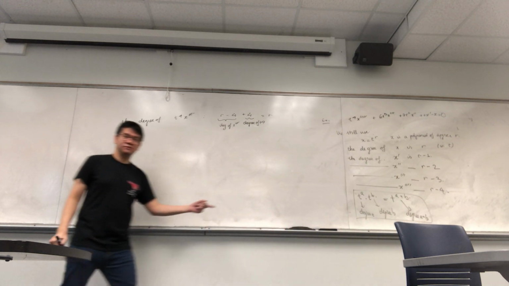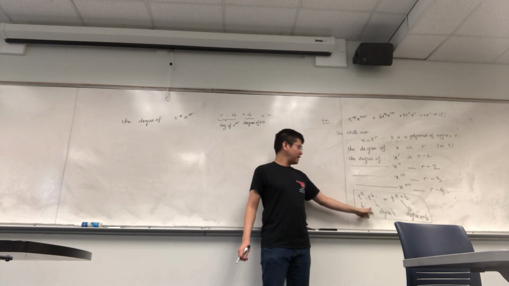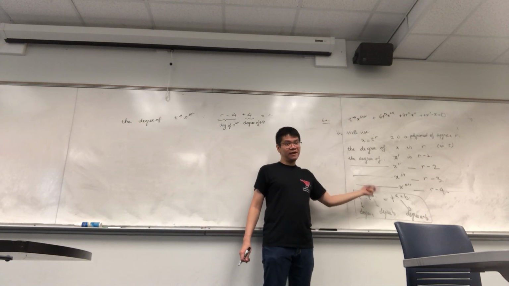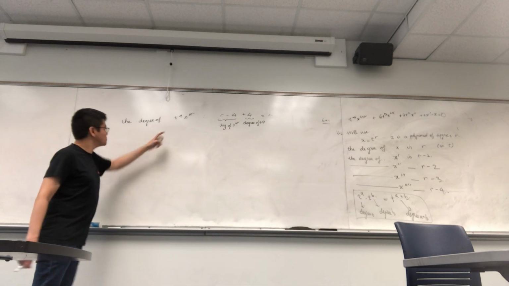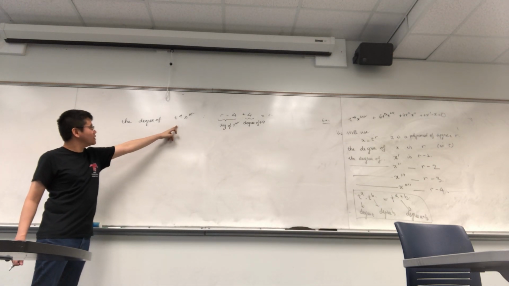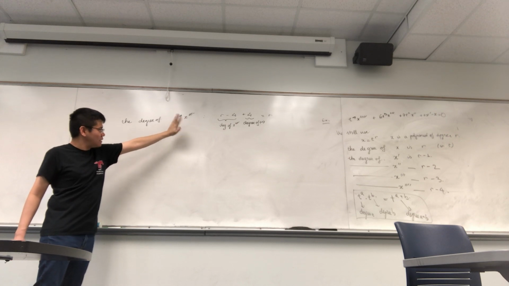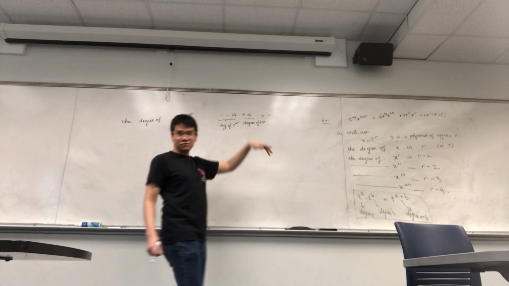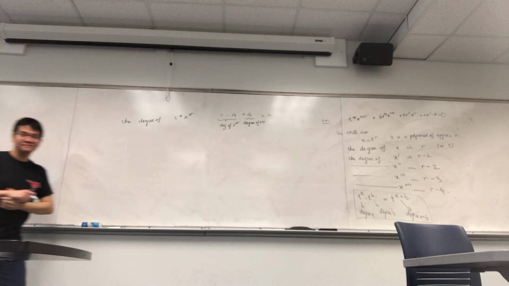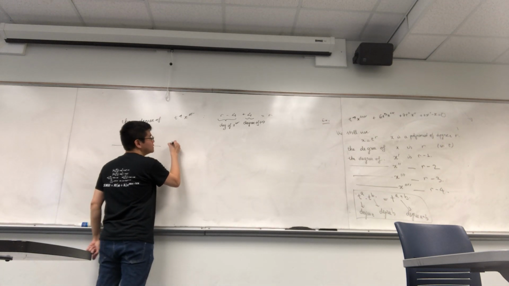So you multiply something of degree a times something of degree b, then you get something of degree a plus b. So x fourth is of degree r minus 4, and t to the 4 is degree 4, so the total degree will be r. Now, what is the degree of t cubed